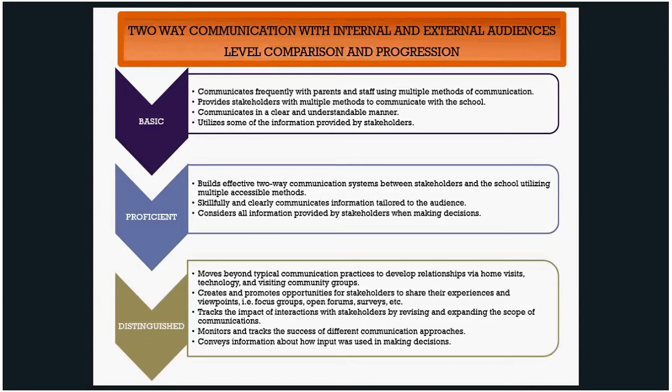Effective principals acknowledge incoming information and utilize the information as appropriate for decision making. And if you look at the rubrics, you can see how a principal's practice at the basic level moves from one-way communication to a more two-way type of communication at the proficient level. And at the distinguished level, the principal not only assesses the effectiveness of the communication, but shares with stakeholders how input was used in decision making. And I think that is what really distinguishes that distinguished principal, is stakeholders knowing how their input was used, to what degree was their feedback used, and how was it valued.